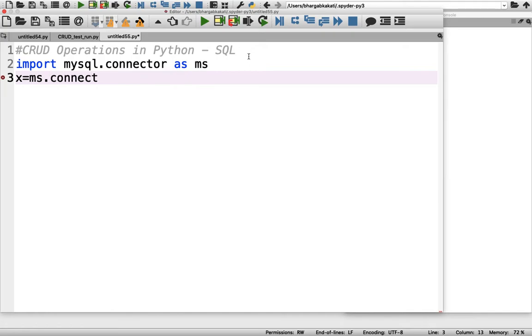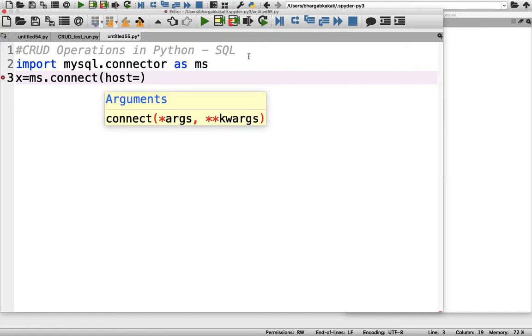Then connect function, then here host will be what? Host is our localhost because my database is located in this machine itself. And now we'll give the user name as root, and now we'll give the password. In MySQL I have not given any password, so I'll just leave it as blank.